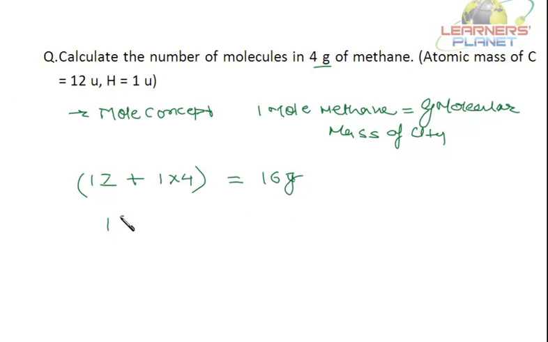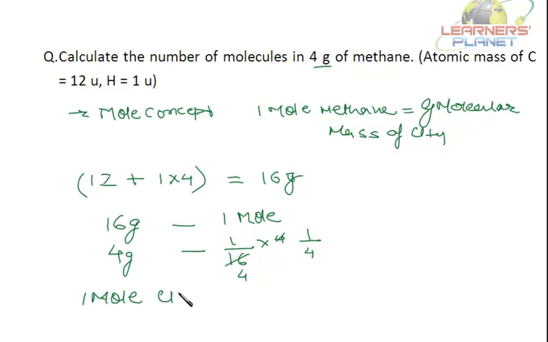Now 16 grams is the gram molecular mass of how many moles? 1 mole of methane. So 4 grams will be the gram molecular mass of how many moles of methane? It's 4 ones and 4 fours. So 1 by 4. Now the calculation becomes simple. 1 mole